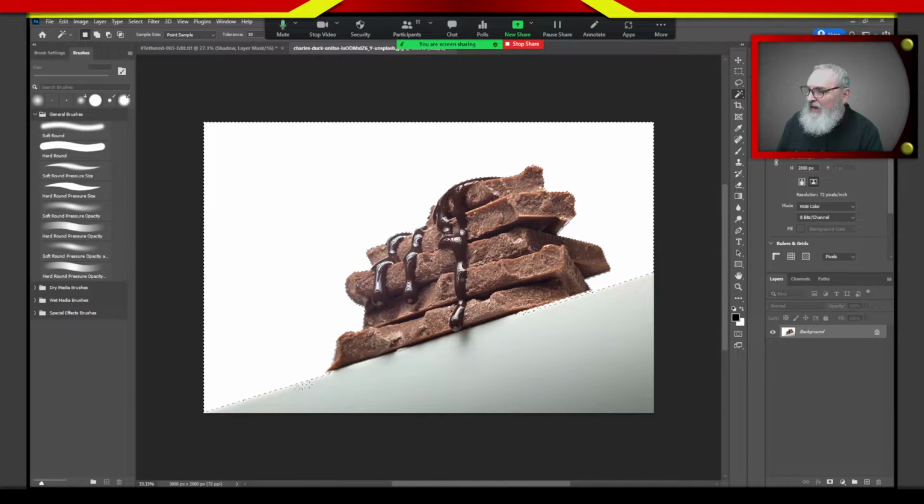Okay, so you can see that it made it a little bit better. It didn't quite go into the light gray, but I was photographing the chocolate from the bottom up. So it was propped on a piece of foam board, okay? And the top edge of the foam board that's not in the shadow of the chocolate has some extreme highlights. So you can see how the marching ants